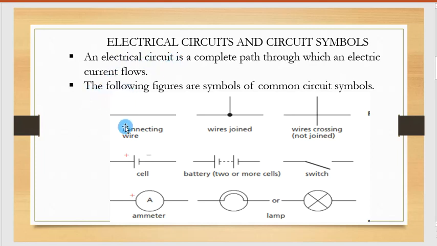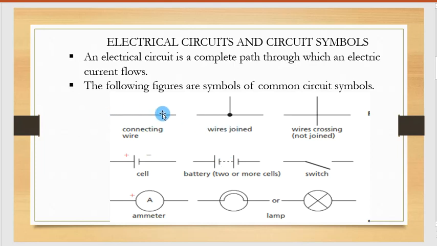And we said that we should be able to look at some of the common symbols of components in electrical circuits, and I should announce here that some of the components we already looked at. For example, a resistor, we looked at when we were discussing resistance. We looked at a voltmeter, and a variable resistor which is called a rheostat. So some of those symbols we already looked at, but here are some of the common symbols that we are likely to meet in our study of electrical circuits.